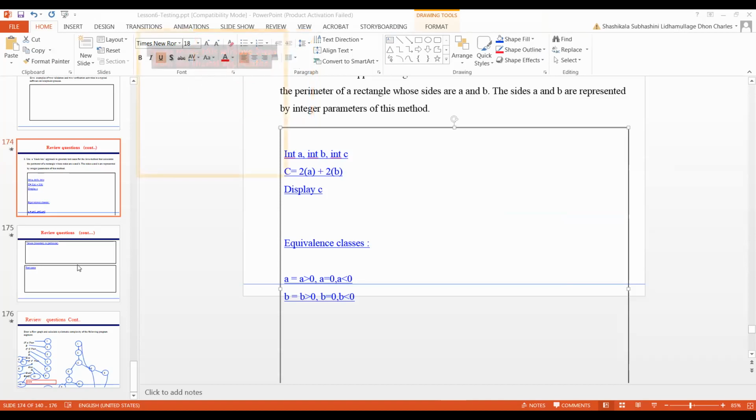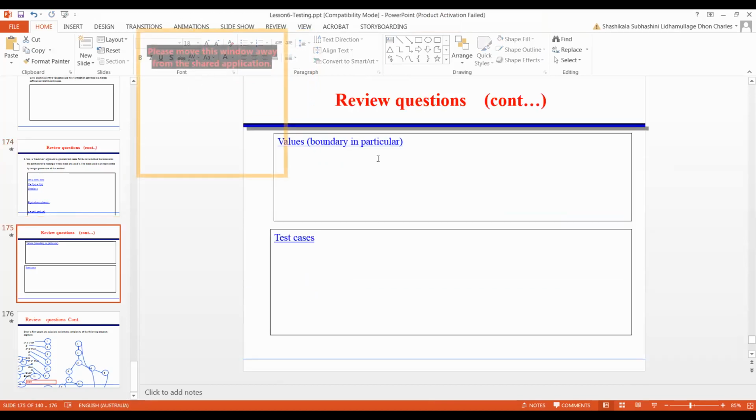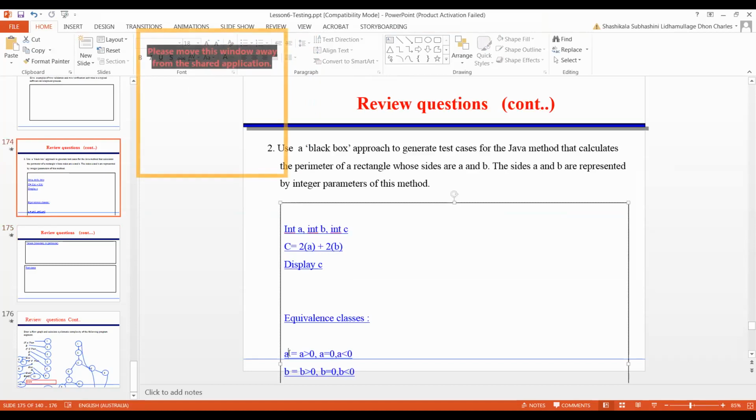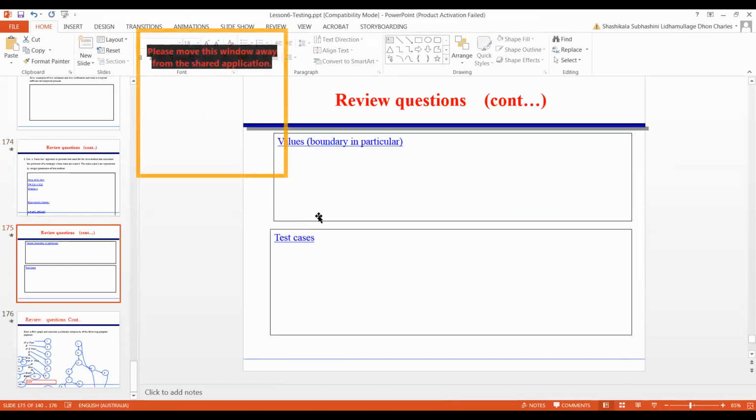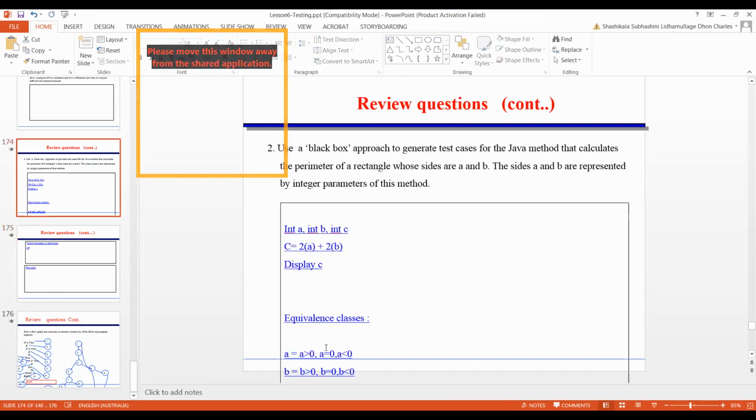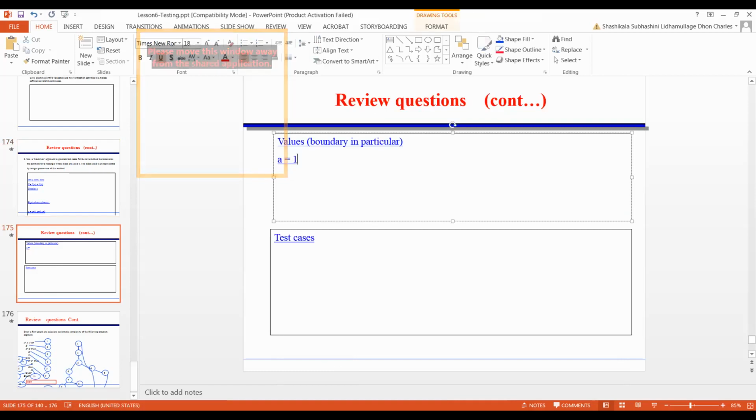Next, values. For A and B, you need to write down the values. For A, these values are not fixed. For A greater than 0, what is the value? I am taking 10. You can take any value greater than 0.